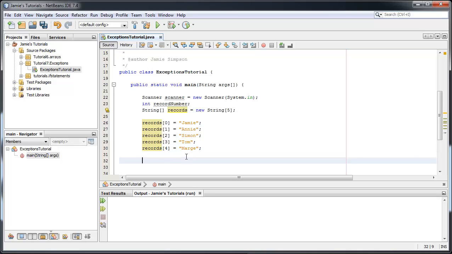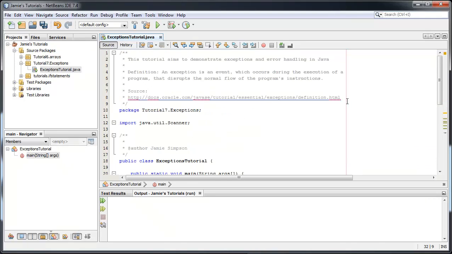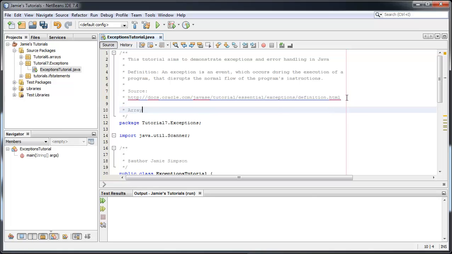So yeah, that's one of the exceptions that can occur here, and that's called an array index out of bounds exception. I think we might have briefly seen it in the last tutorial. So that's one of the exceptions that we can handle, and I'll just type that up here just so you guys can see. Array index out of bounds